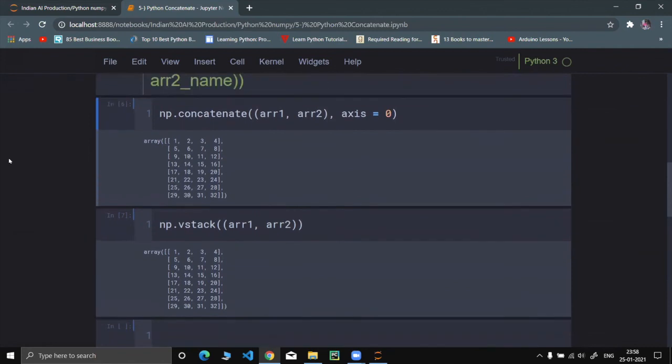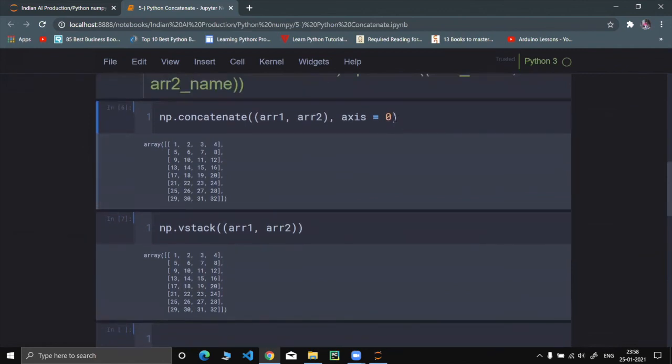If we want to put one below the other, we use axis equals to 0 over there. But if we put axis equals to 1 over here...